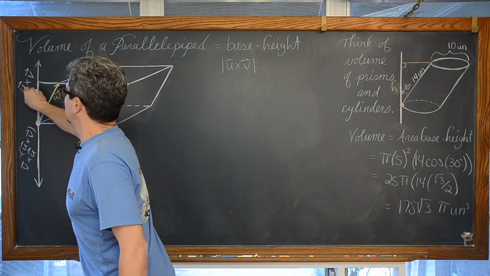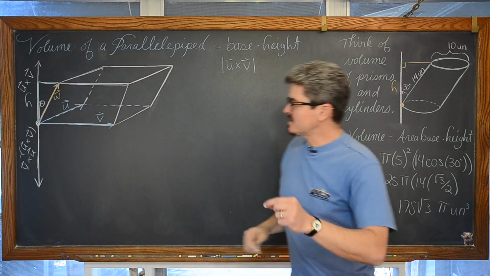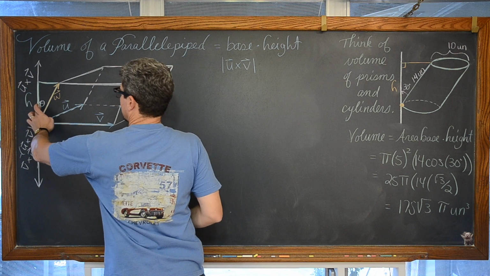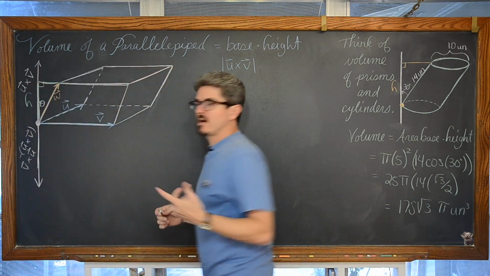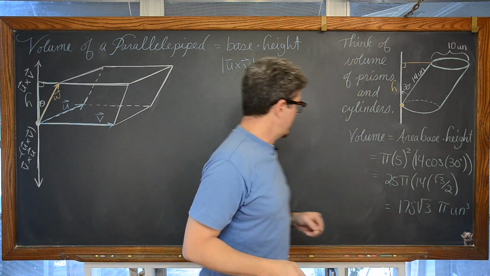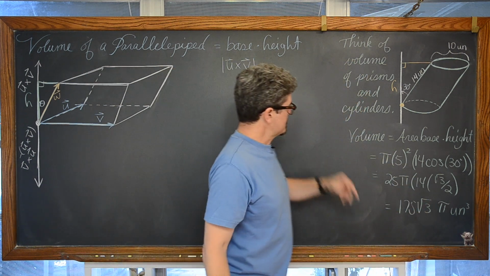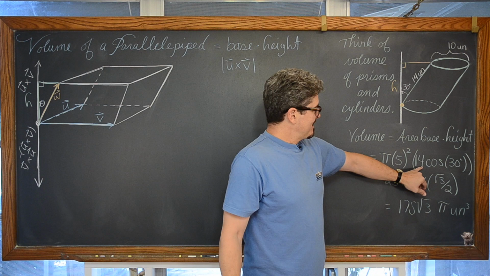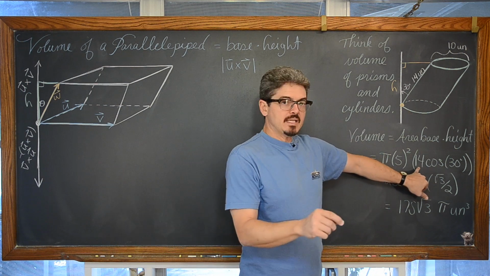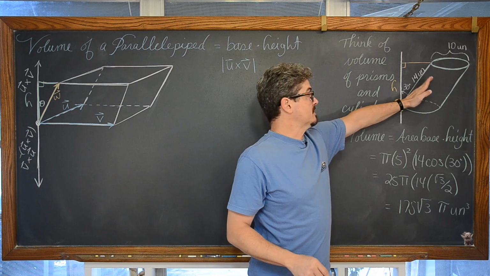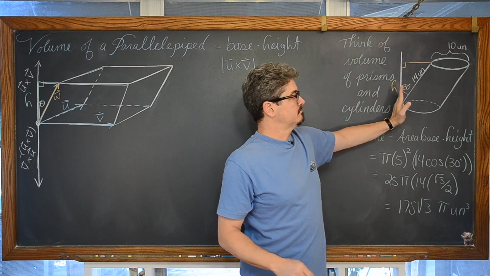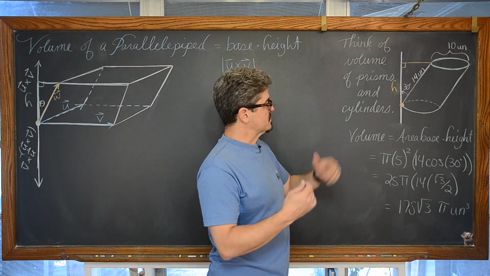And we want the height, the adjacent leg in this little right triangle that's going to define the height of this parallelepiped. Well, now look at what we had over here, which I've now erased. That height was equal to 14 times the cosine of the angle between the length of that line segment and this vertical line segment, which we're going to use to measure the height.